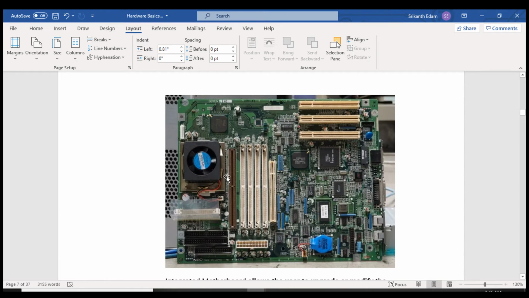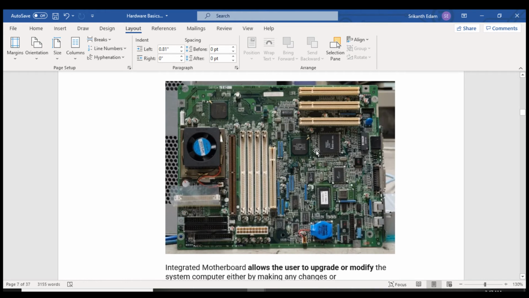In case I want to upgrade my RAM, I already have RAM on it, but if I want to upgrade more, I can use these two slots which are available. In case the LAN card is not working, I can connect one more LAN card here and remove the old one. And if I'm using any gaming application and I want good graphics, then I can add a graphics card here. This is how I can upgrade my system.